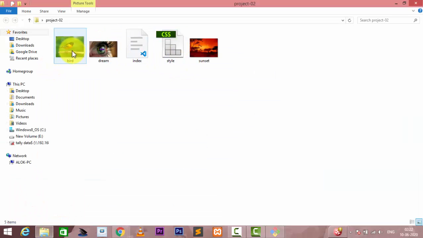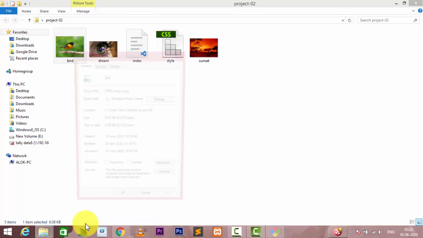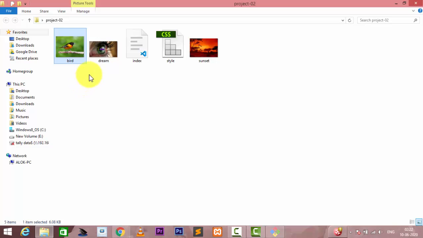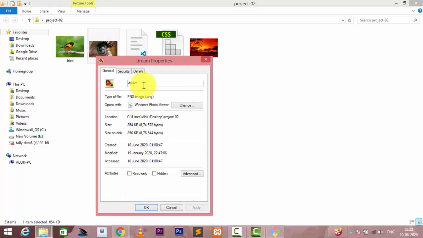After that, we have three images, so I again go here and see the properties. Its name is bird and the format is jpeg, so my content is dot jpg. This one, if you see the properties, is also png format.